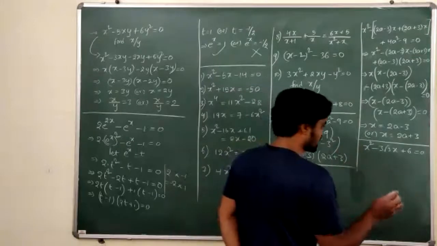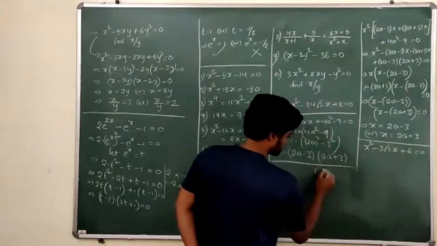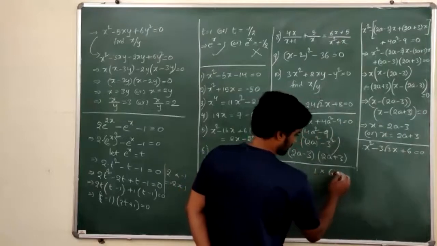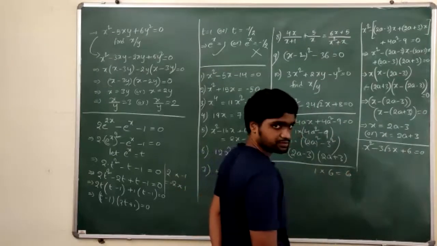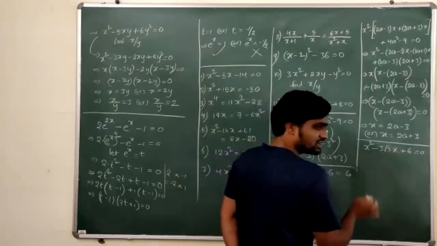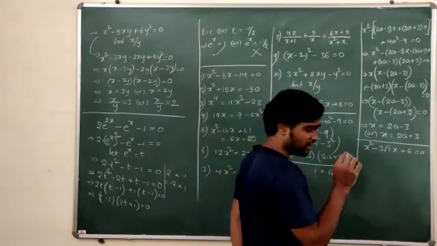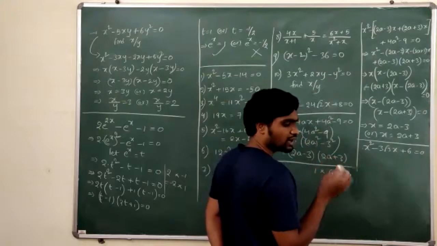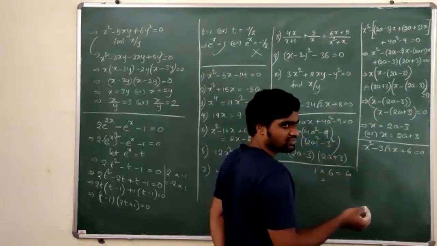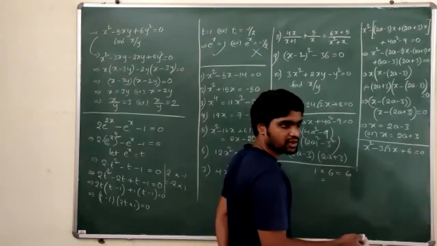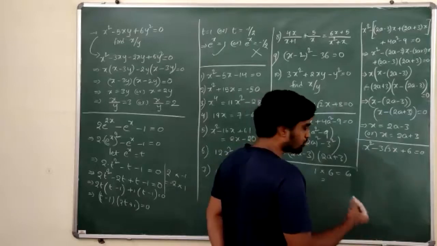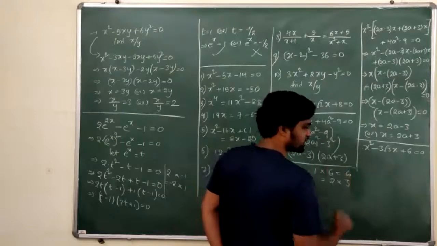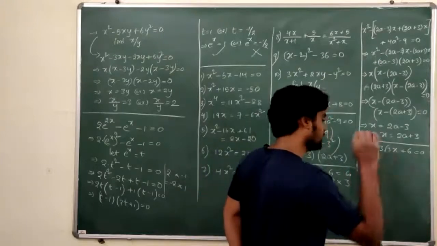Now observe this factorization. 1 into 6. So in the middle term, I need 3 root 3, which means I need to get root 3. How to get root 3? 3 is equal to root 3 into root 3, right? So 6 is 2 into 3. First bring 3 and then we'll bring root 3.